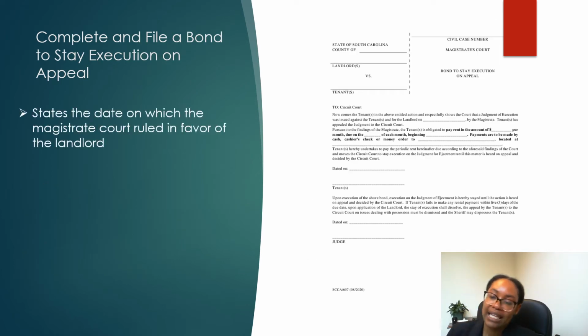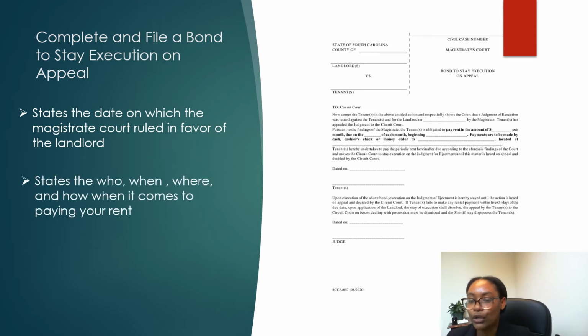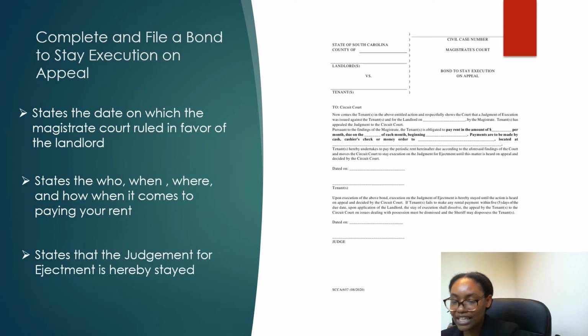Now, in this document, you will state the date on which the magistrate court ruled in favor of the landlord. You'll state the who, when, where, and how when it comes to paying your rent. And if you look at the bottom, after you've filled out the applicable information at the top and you've dated it and signed your name, underneath where it says tenant, you'll see that last paragraph where it says, upon execution of the bond,